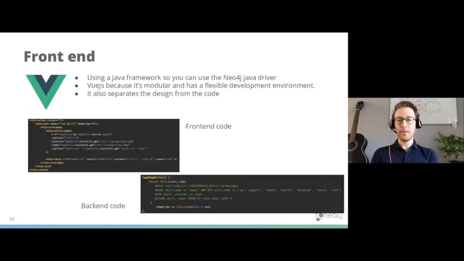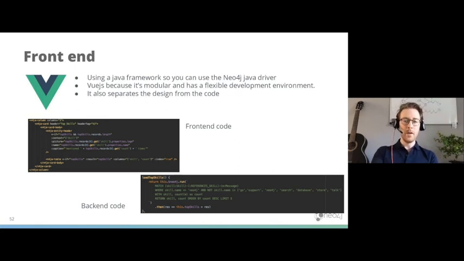On the front-end side, as I said, we used Vue.js. Why? Because it's modular and it has a flexible development environment. As Jan mentioned earlier, this was a fairly light front end. We were more focused on the backend. Obviously, if you want to move forward into production, we would highly suggest using GrandStack because that's our recommendation, and it is a solution that is much more flexible and gives you more features.